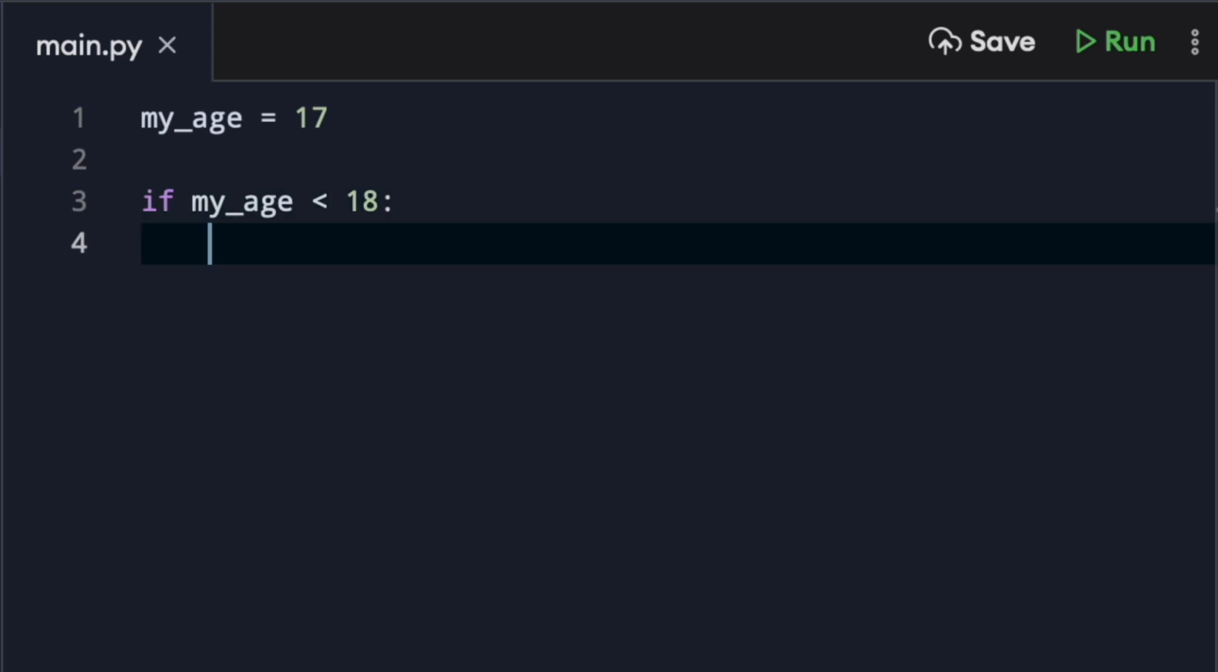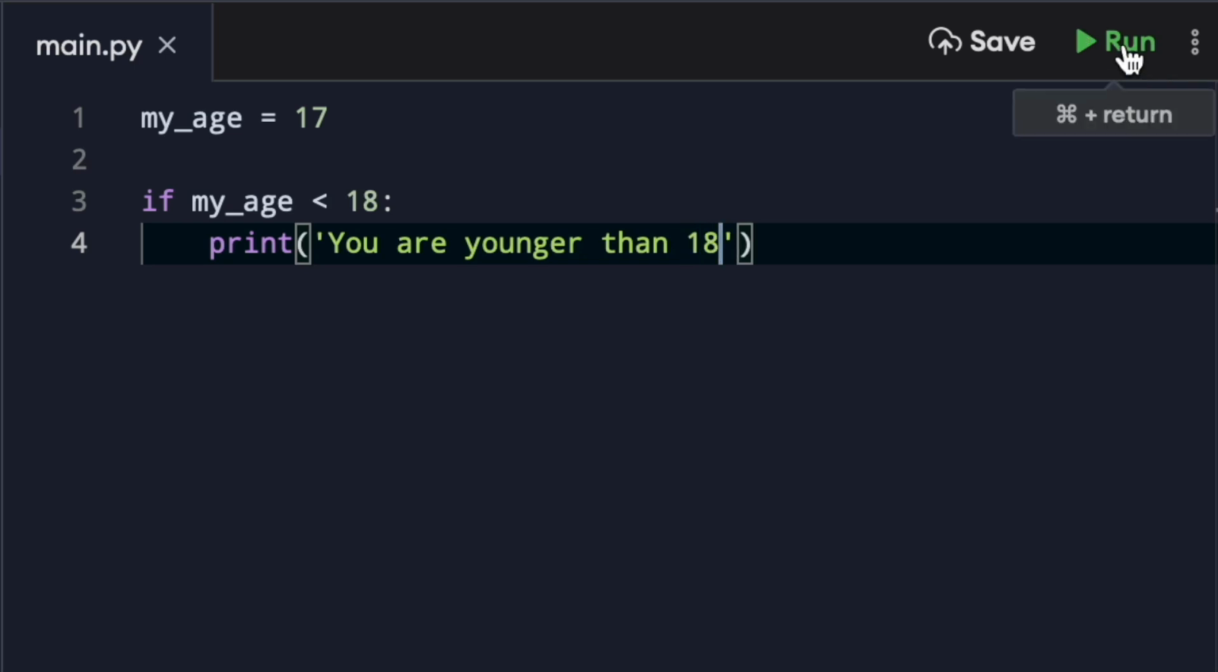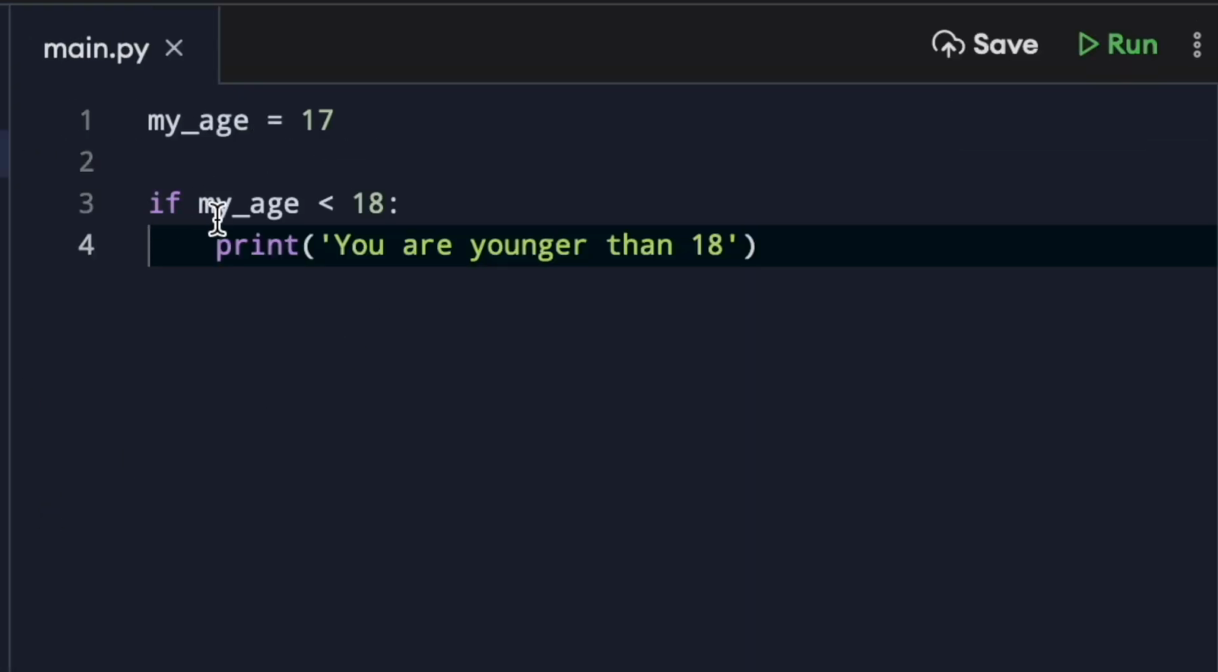Then going to say colon, hit enter, and make sure we're tabbed into the correct position, and just say print, and then we're going to open and close a set of quote marks and say "you are younger than 18". Now if we hit run, we'll see that the condition here is being met, so the code inside the if